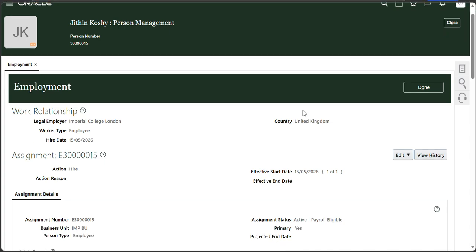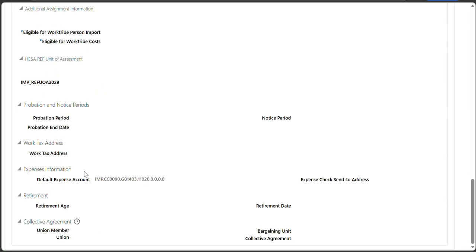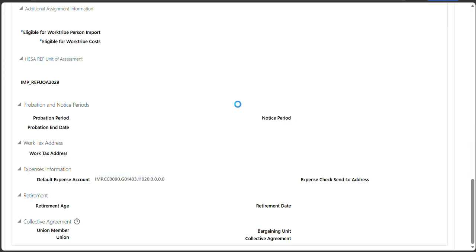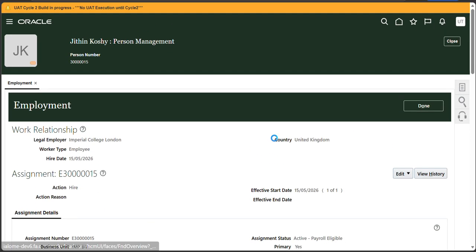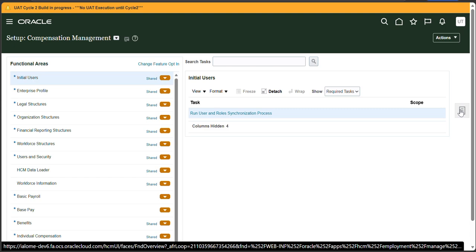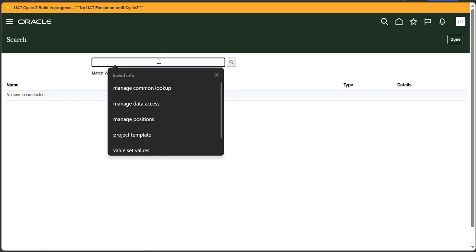So the employee looks like they're set up on the system, and on the bottom we can see the default expense account. So that's what was applied when creating the expense report. This is what would default in as the GL account. There is another place that would have an expectation of an expense account also to be created against the person. So if I try and look for that, I think it's